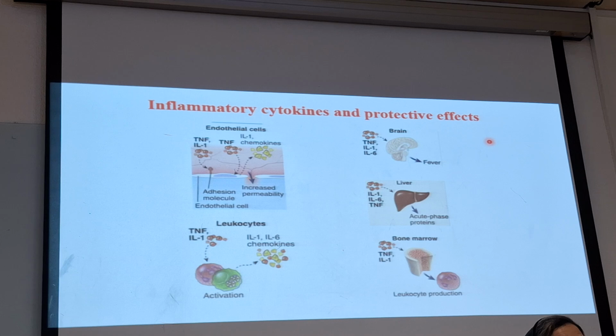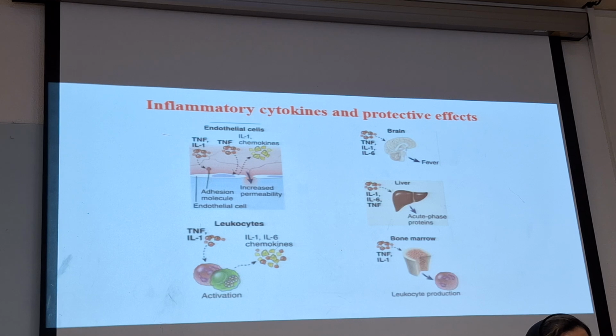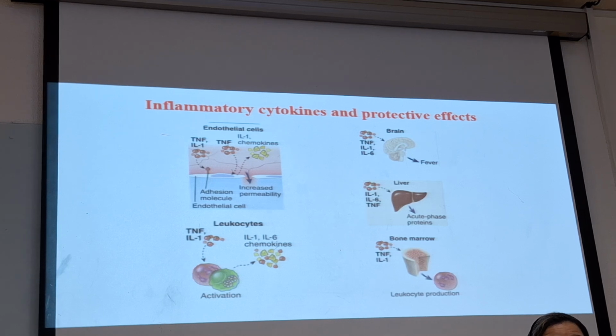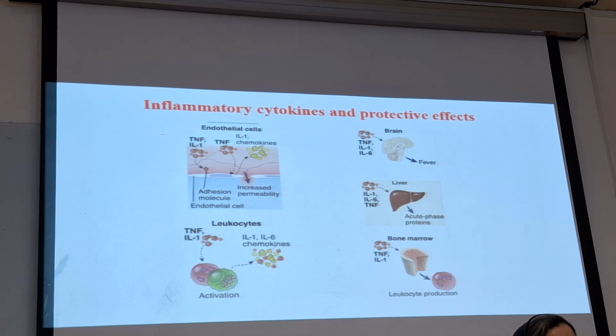And fever, you know, is high temperature, and high temperature inhibits growth of microbes and is beneficial. They also affect the liver and produce some acute-phase proteins like CRP, or C-reactive protein. And you know, CRP acts as an opsonin in our body and finally leads to opsonization and